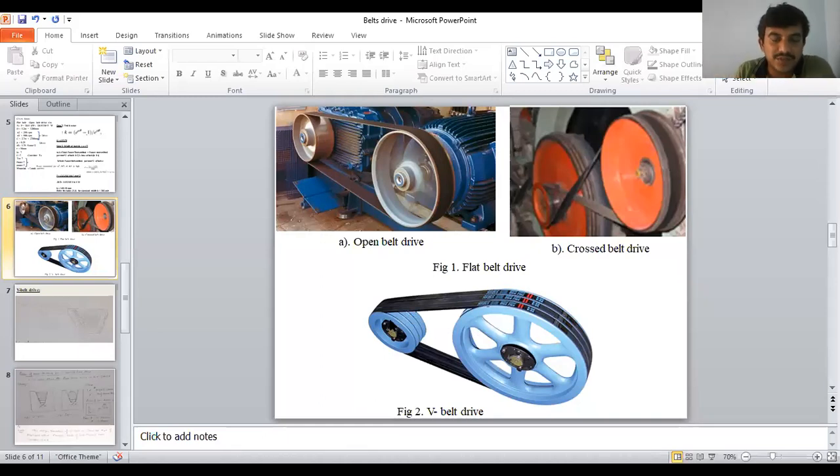Here one more letter comes in the design of V belt. I stands for what? Number of V belts. Why do we require a number of belts? If you transmit more power, then you use a number of V belts. Again, in flat belt drive, if your belt is cut or any damage occurs, there is no power transmission between the driver and the driven pulley. But in V belt, if one belt fails, the remaining belts will take that load and transmit the power. Those are the differences between V belt and flat belt drive.